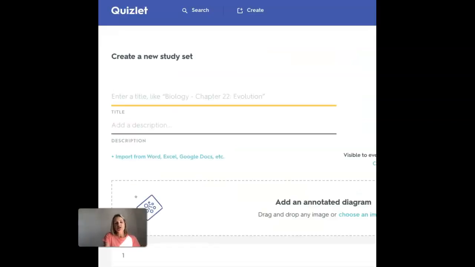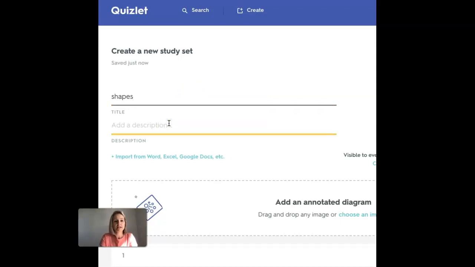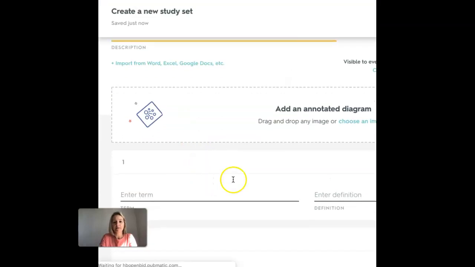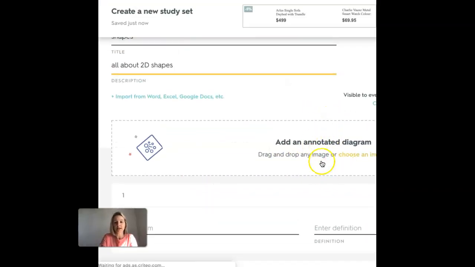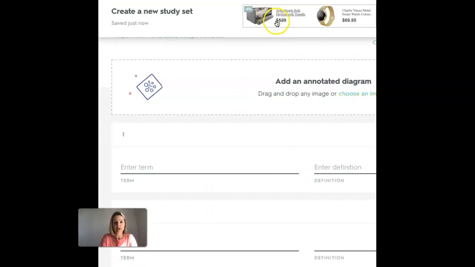I'm not showing you the whole screen because sometimes little ads pop up on the side, but once you create the games, they don't pop up. But I just pressed create new, so I can just say, let's say this is my shapes card set, and we're learning all about 2D shapes. And I could put an annotated picture in here, but you can play around with that. What I wanted to show you